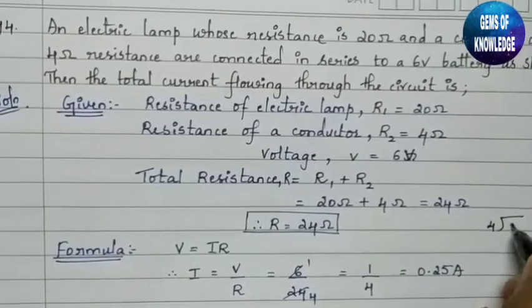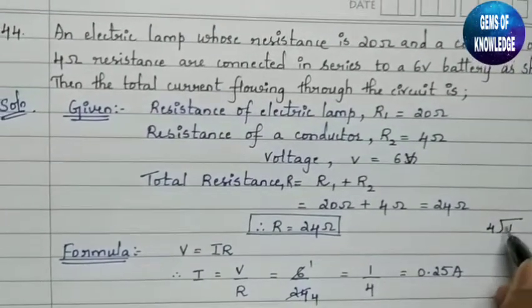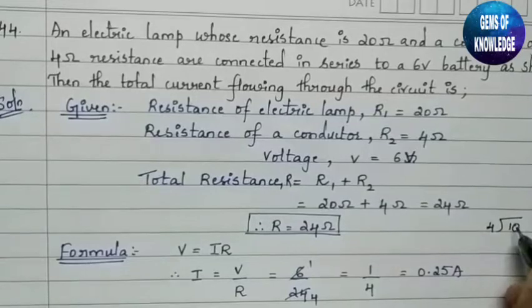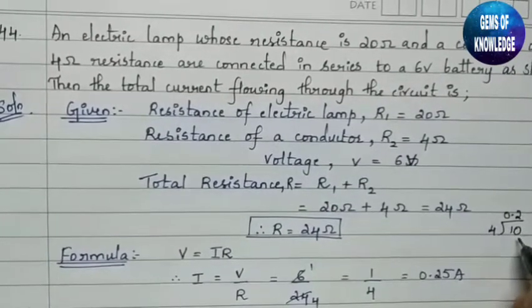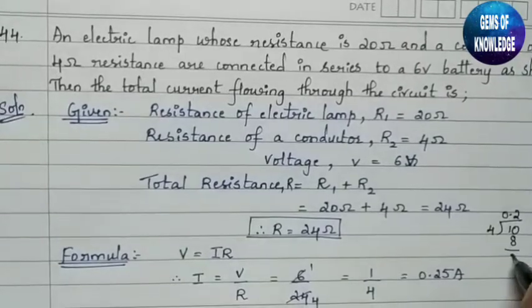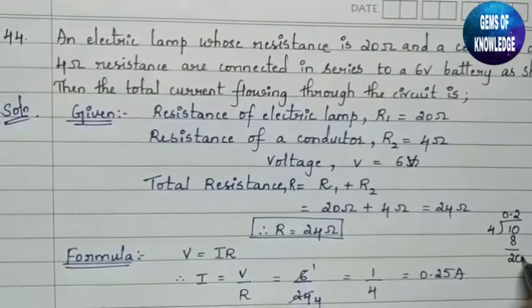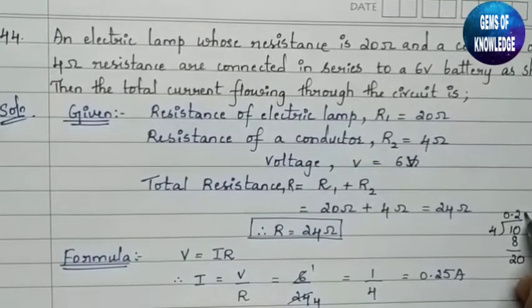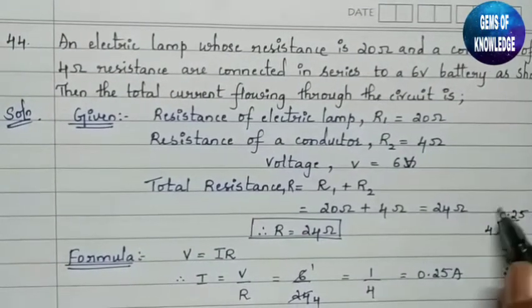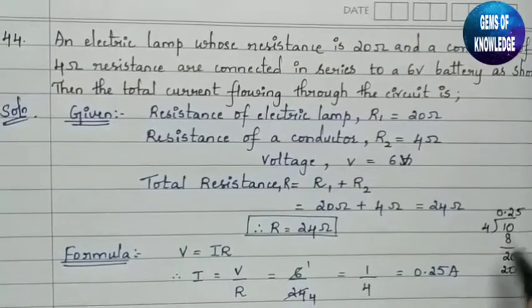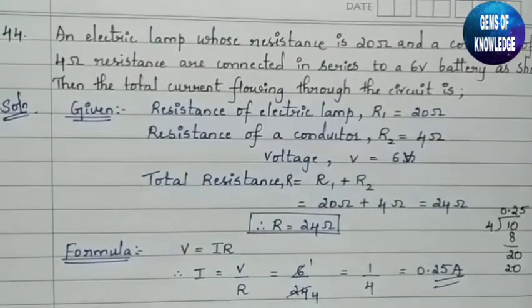4 will be here and 1 will be here. Okay, so we cannot divide this, so we are taking 1 0 here. Similarly 0 with a point. 4 2s are 8, we are remaining with 2. If we take another 1 0, so here we will get 4 5s are 20. Okay, so the answer we are getting here is nothing but 0.25. So this will be the final answer.